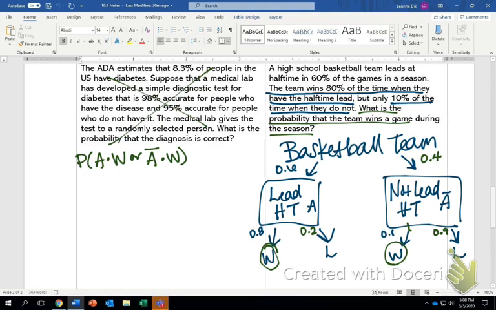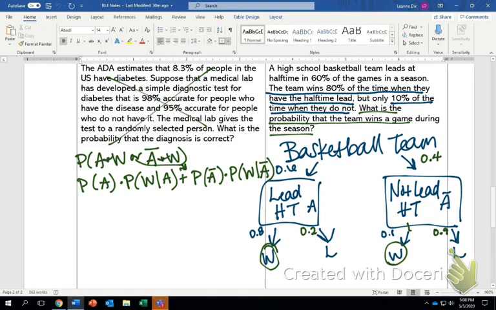So our probability, we can go ahead and say this is the probability of event A happening times the probability that they won, given that they were leading in the halftime, plus the probability of the complement of A times the probability of them winning given that they were not leading at the halftime. Okay, so we just expanded this a whole lot. Remember, the or turns into a plus sign here, and the ands